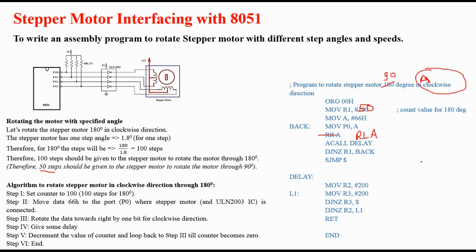And in this also, if you want to vary the speed, then you will have to change the number. For a higher number the smaller will be the speed, and for smaller number the speed will become higher. Okay, now you can rotate the motor in clockwise, anti-clockwise direction with different speeds, and also the stepper motor can be rotated with different step angles and with different speed. All those programs should be done on the kit. Now we will stop here.